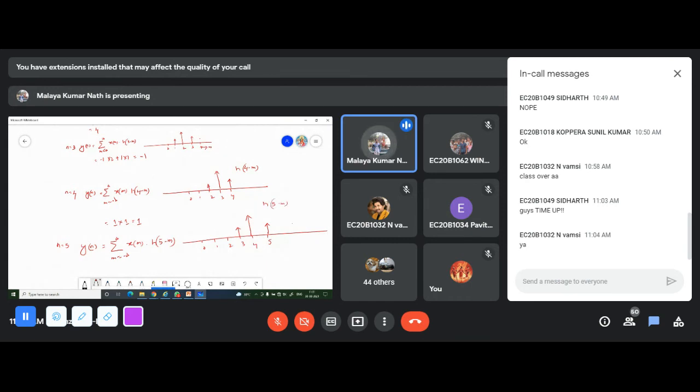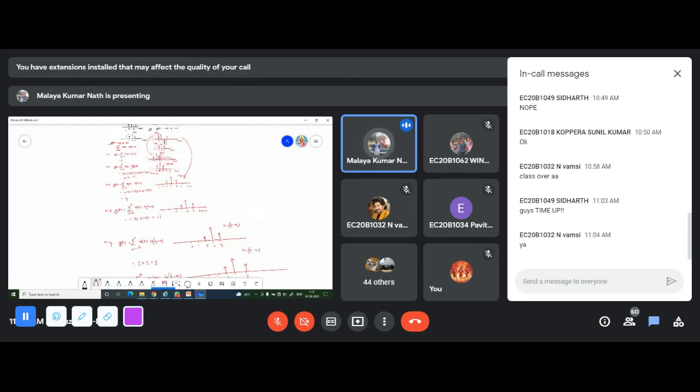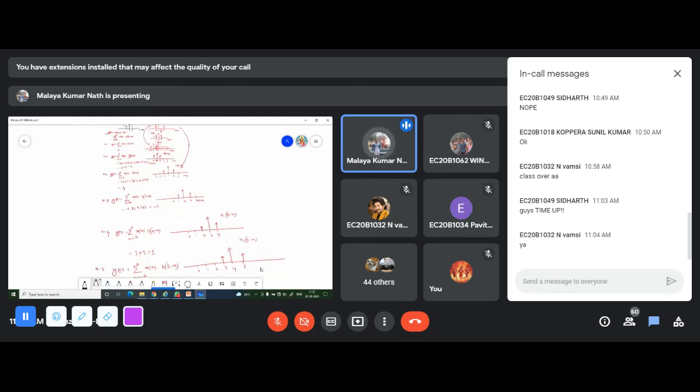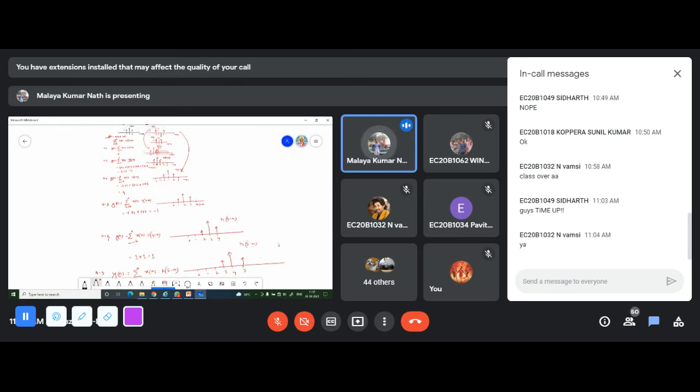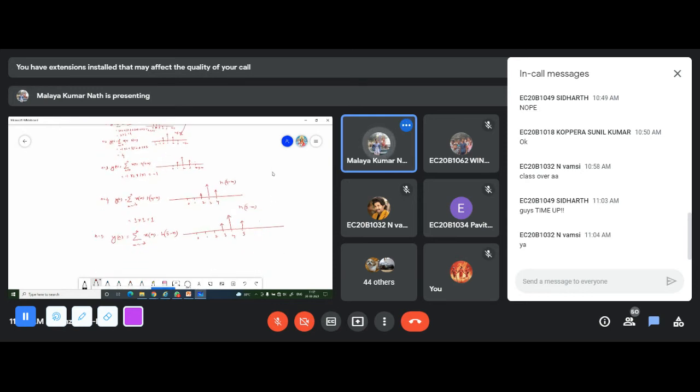So now if I multiply this with x of m, how much will I get? You just see x of m is starting from 0, 1, 2, 3. It is starting from 3, 4, 5. That means none of the samples of h of 5 minus m are overlapping with x of m. Are you getting my point? So what is this value? This will become equal to 0.